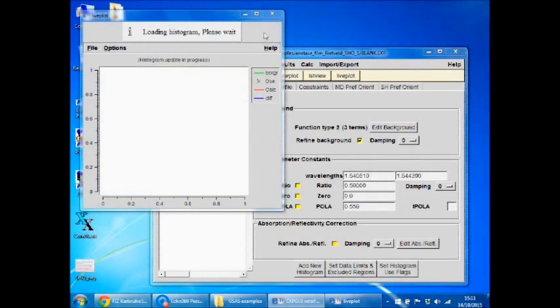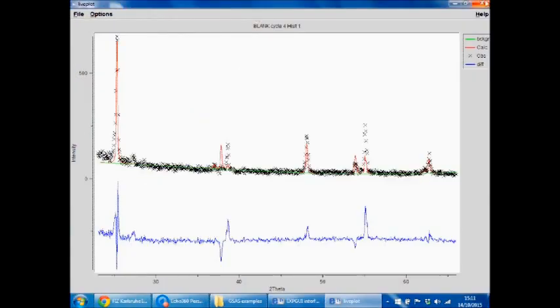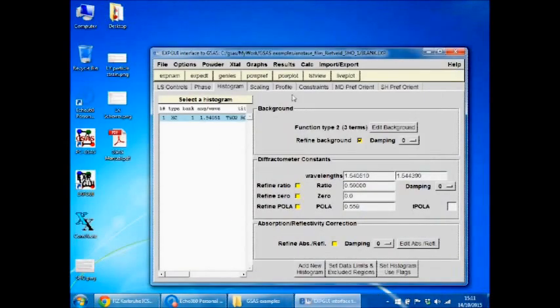See if it's worked. It seems to have worked just fine. Now I'm going to start to model things first, and then I'm going to show you how to use the